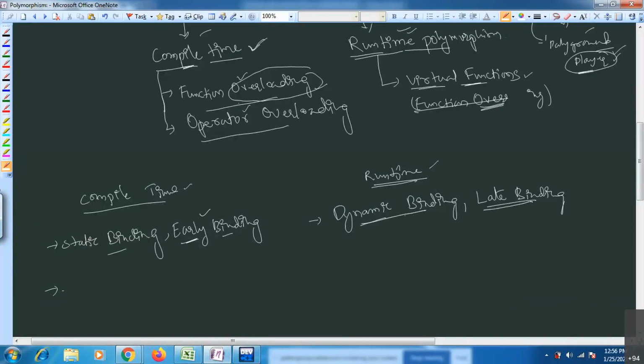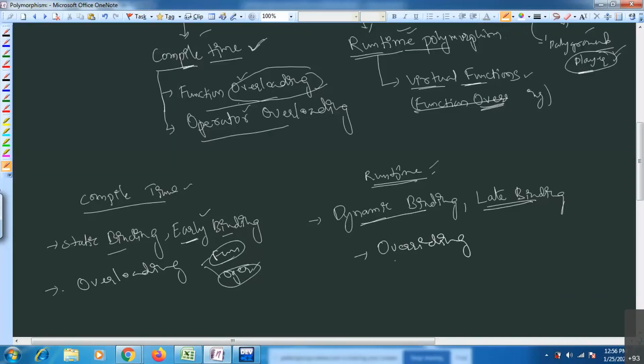This runtime polymorphism you can achieve by using overriding. Here it is overloading, either function or operator. Function overloading we have just seen. Operator overloading we will see in the fourth unit, how you can overload your operators.